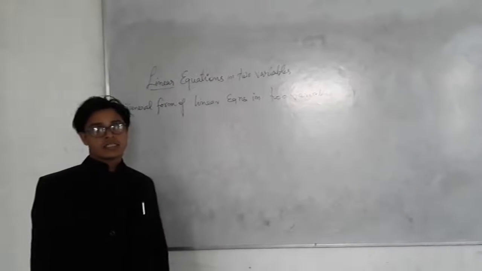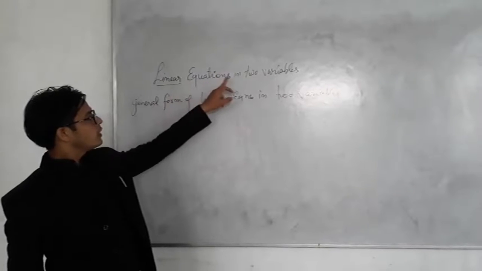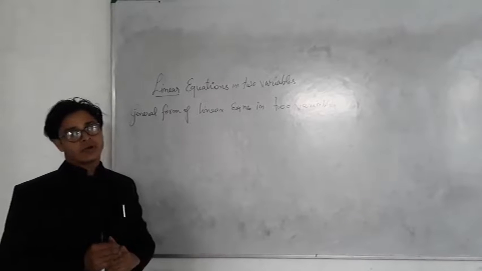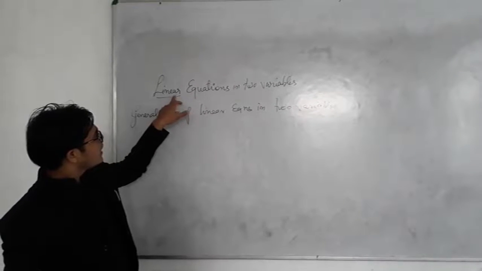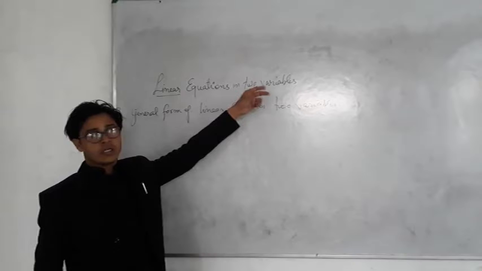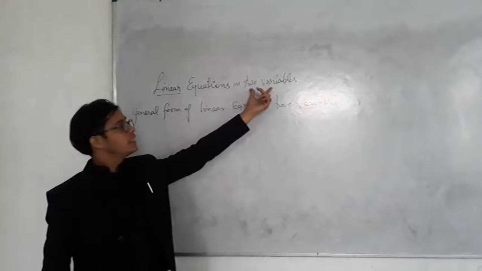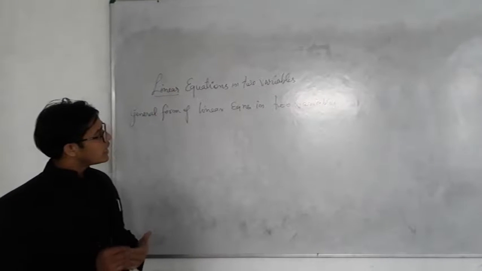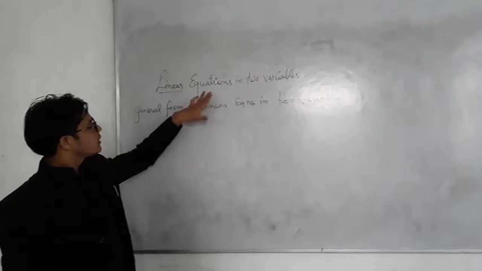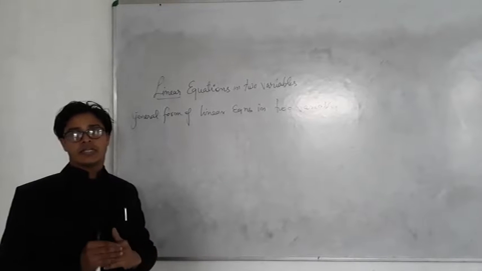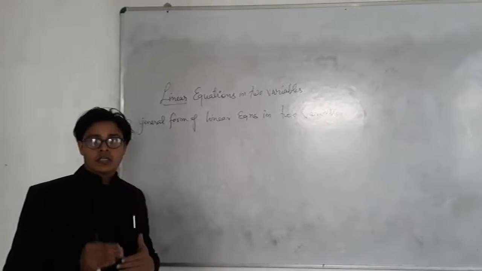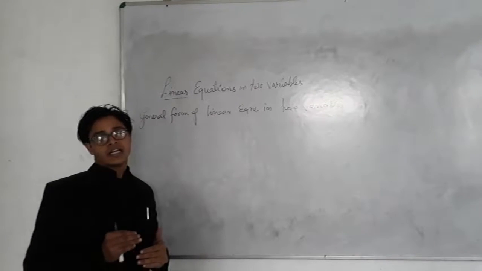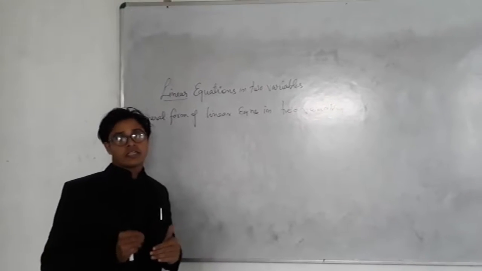Today we are going to discuss the linear equation in two variables. Two variables means we will also define the two variables, and linear. What do you mean by linear? We will also define the solution, and the system of linear equations having no solution, a unique solution, or many solutions. We will also obtain the conditions for all these.